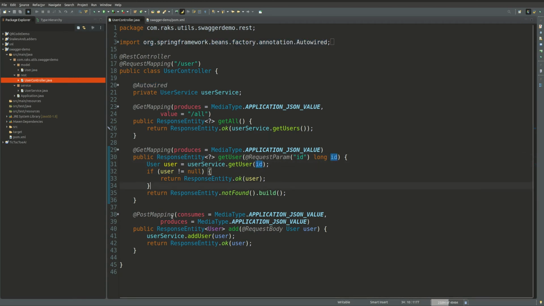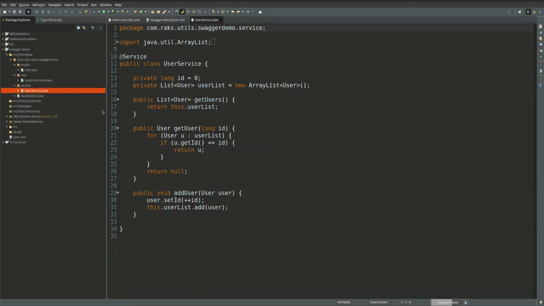The last one is a post mapping, which is to add the user. So we are getting a request body here. I'm not going to explain all of this, and for simplicity I don't have a database. I'm not using a database, so I have used only a user list.